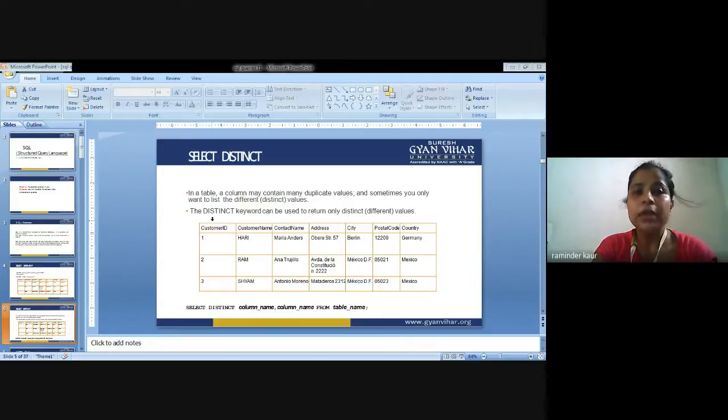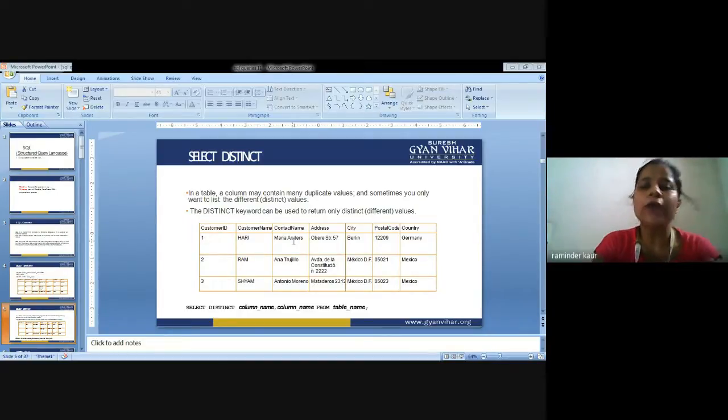For example, this is a table that is given for the customer database, and in the customer database there are various fields. First field is customer id, next is customer name, third is contact name, fourth is address, fifth is city, sixth is postal code, and seventh is country.